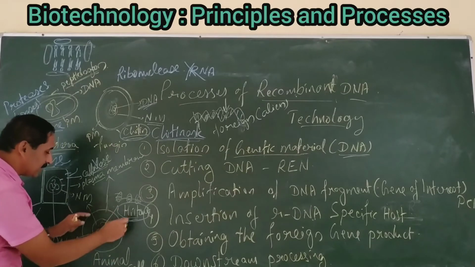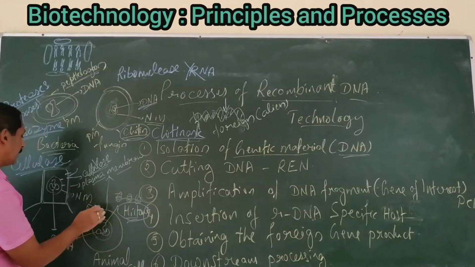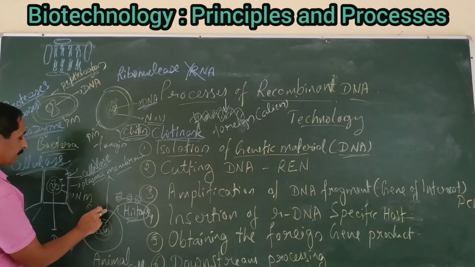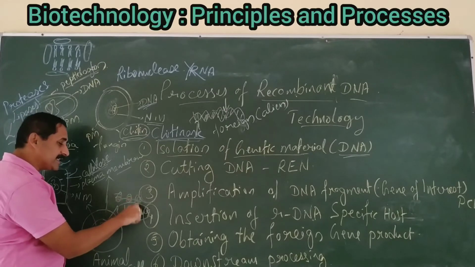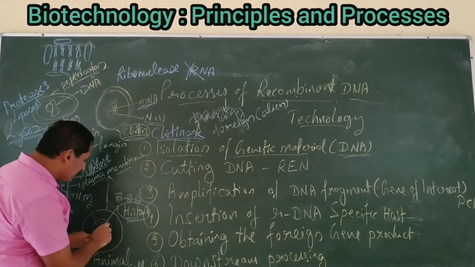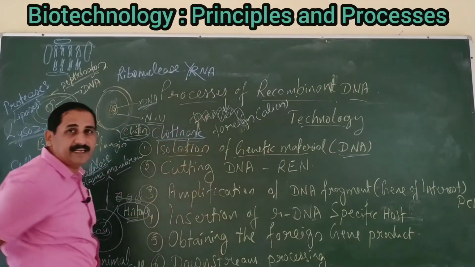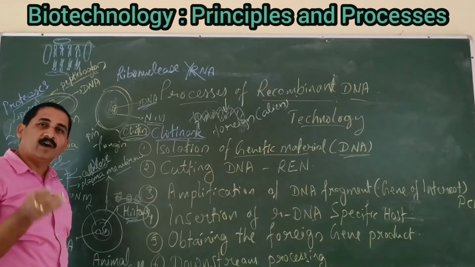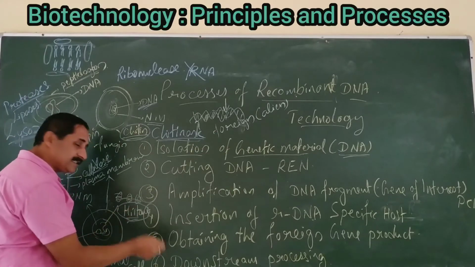In the same way, there is no such cell wall in animal cells. It is very easy to break the nuclear membrane by using proteases and lipases, and also it is very easy to break the plasma membrane by using the same enzymes. Then we have to use proteases to break the histones present in the DNA, and also ribonucleases to break the RNA. After degrading all such macromolecules present in the cell, we have to extract this DNA.